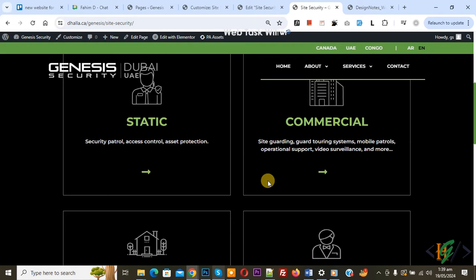Bismillahirrahmanirrahim. Assalamualaikum. My name is Hassan and today we are going to add continuous animation effect on button in Elementor